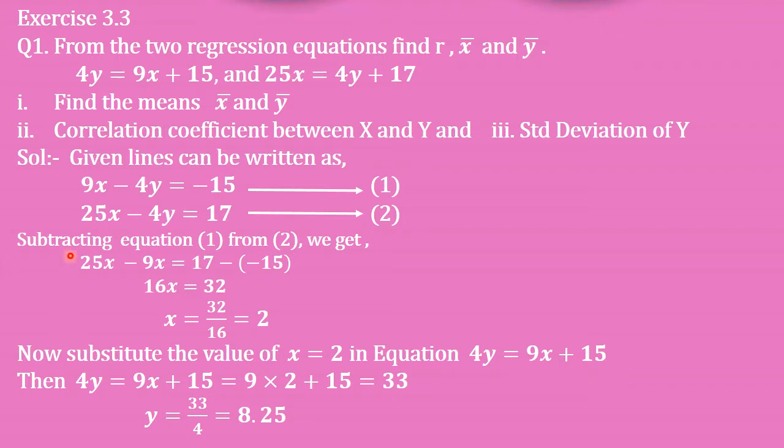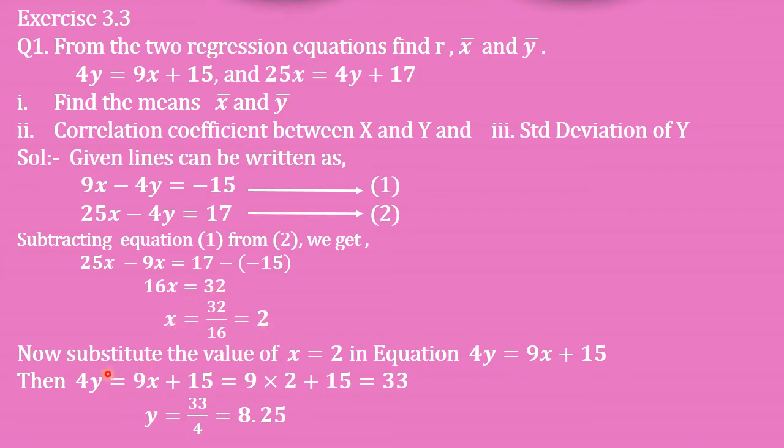Now we will subtract equation 1 from 2 because the coefficients of y in both the equations are the same, so we can remove y from both the equations to get the value of x. So we will subtract equation 1 from 2, or 2 from 1 is also possible. Then we get 25x − 9x = 17 − 15